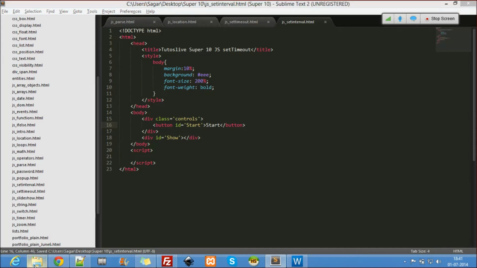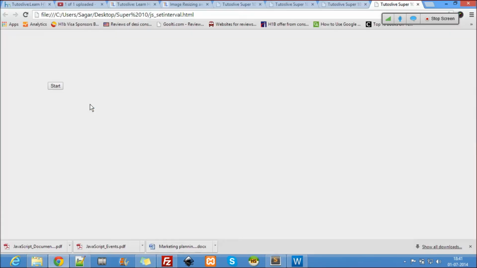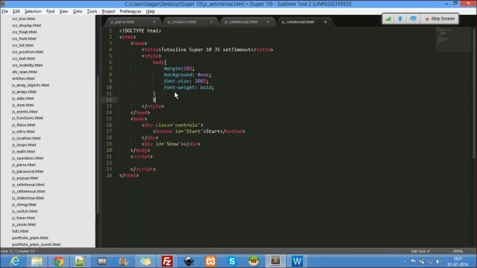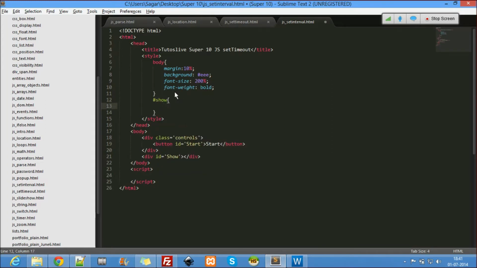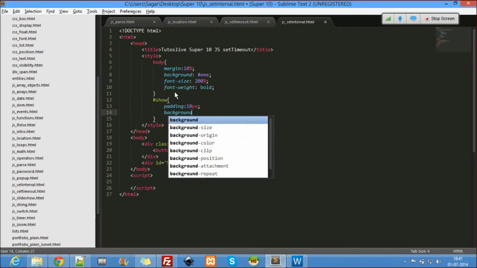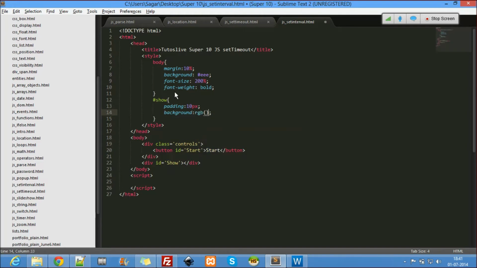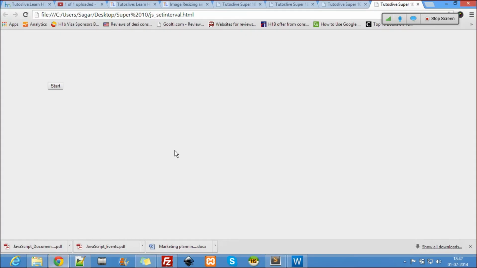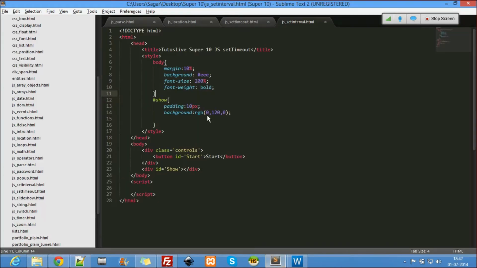Alright, so let's see what's there. So setInterval, start is here. So let me just style that start. It doesn't look good. The first thing I always do is padding, then a background of RGB, say RGB 0 120 0. Okay, the border. What happens if I don't give the border? You just check it out. Okay, what happened? Oh, it's not show, it's start.